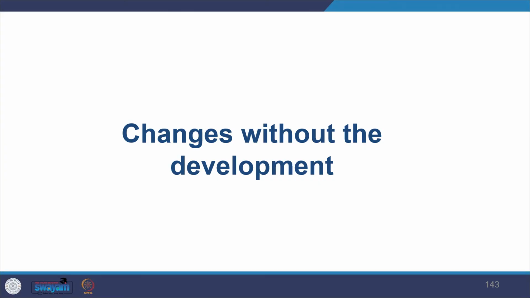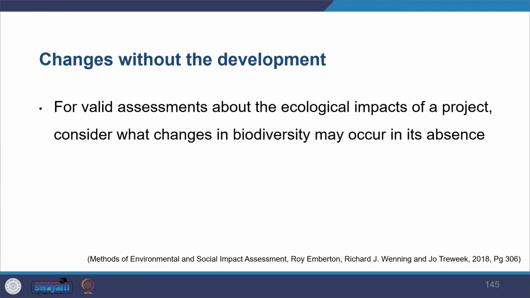And then when you're undertaking the detailed study, you also look at what will happen with the development and without the development. So all those things have to be taken. And ecological habitat will tend to succeed over time towards the climax community appropriate for the site. So what kind of changes will happen over time and with or without project. So that all has to be seen. So you call without project as a zero option. So that all has to be checked.